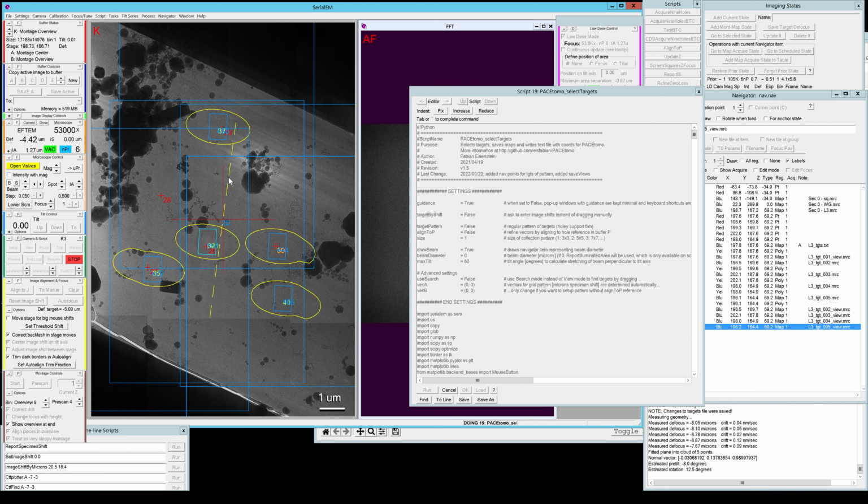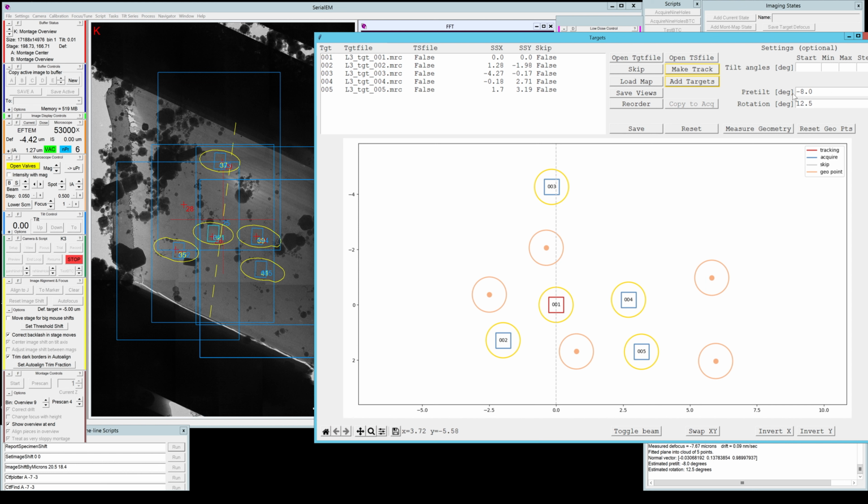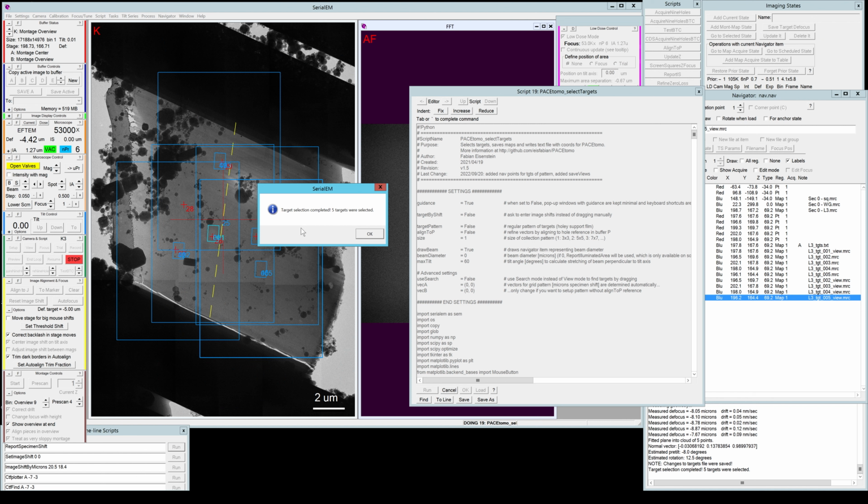And you can see it does make sense. There's probably between 10 and 20 degrees of rotation clockwise of the lamella versus the tilt axis. So this value seems reasonable. -8 is also close. My target milling angle was 9 degrees, so this is close enough. And I will be using these values. So I hit save. I'll overwrite my targets file again. And once I'm happy with everything, I can just close the window and it will tell me target selection completed,